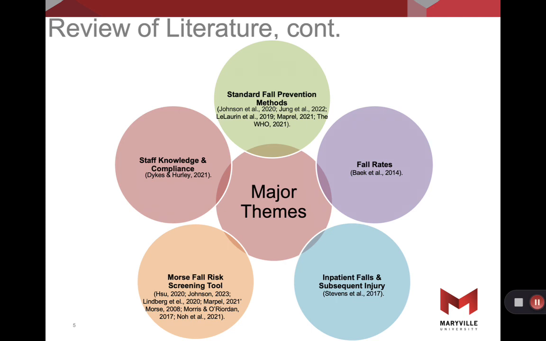Ample evidence confirms that universal fall precautions, inclusive of some techniques such as hospital bed in lowest position, bed wheels locked, and use of side rails, are all helpful measures in preventing and reducing inpatient falls. While universal fall precautions were a standard to decrease the occurrence of inpatient falls, they did not address the individualized patient's risk of potential for fall associated with the inpatient's current status of health and acuity of illness